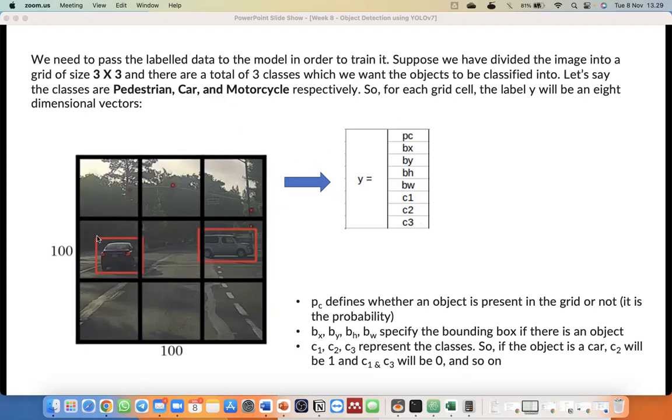If the object inside our bounding box is a car, then C2 will be 1, and C1 and C3 will be zeros. And if the object inside our bounding box is a pedestrian, then C1 will be 1, C2 will be 0, and C3 will be 0. We assume that the bounding box contains only one object. The object inside the bounding box cannot be more than one object.